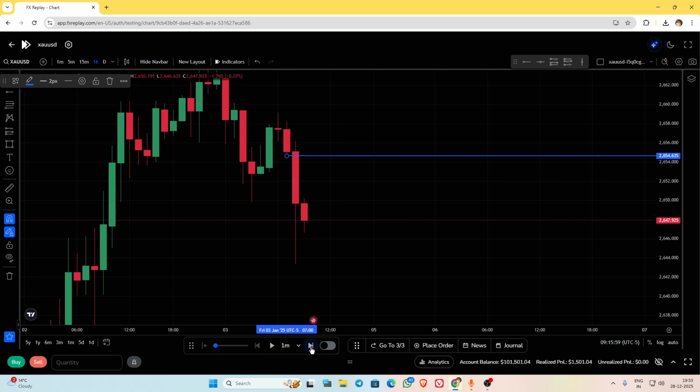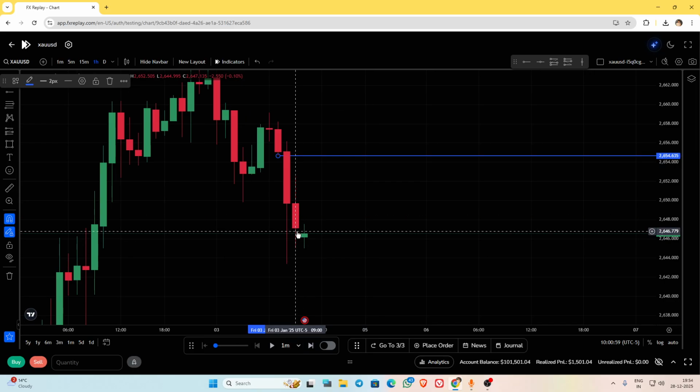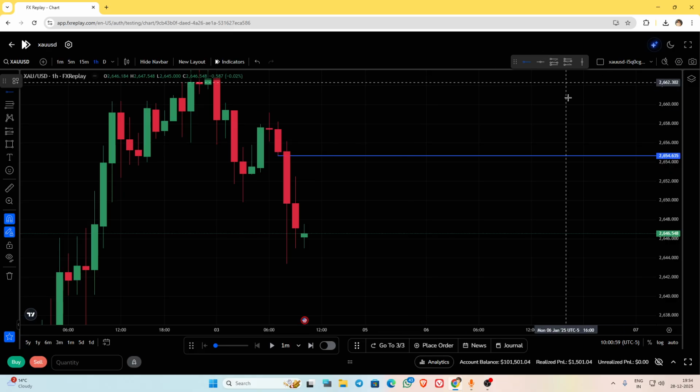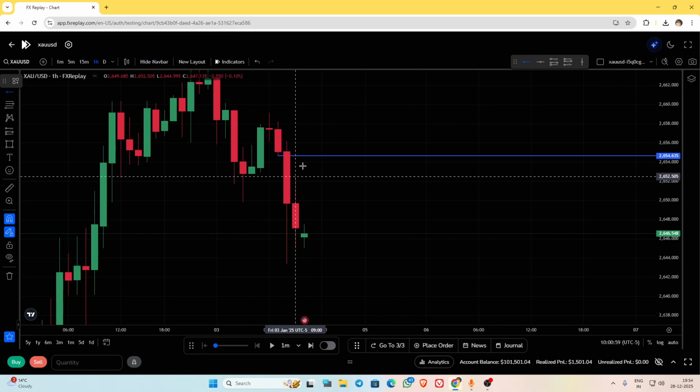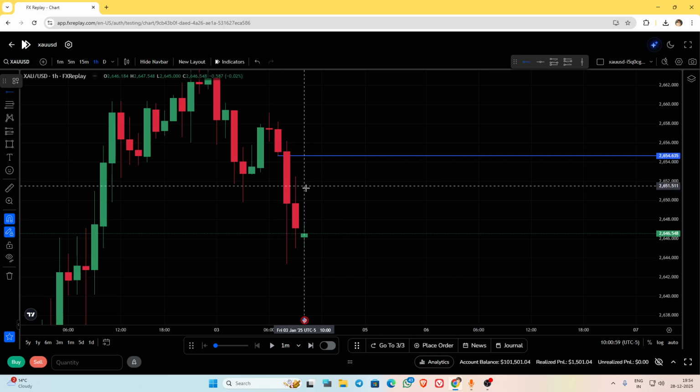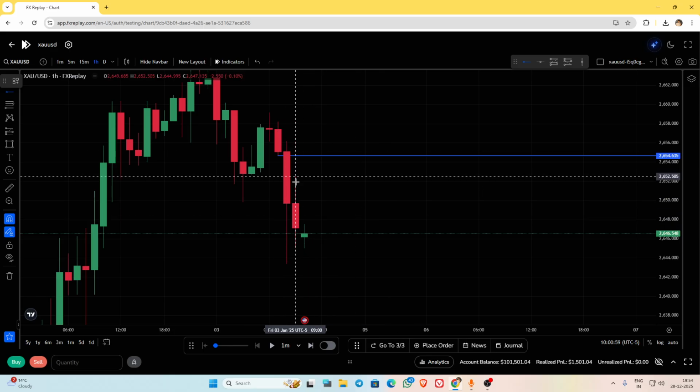We will wait till the price comes back to the 7 a.m. point of interest. Okay, so this candle closed, the 9 a.m. candle closed, and we have one more POI. As I told you, we have only two POIs. The first one is either the candle closed above or below, so this is the below candle closer, and the second POI is if we have a fair value gap between two, so we will take the turtle soup